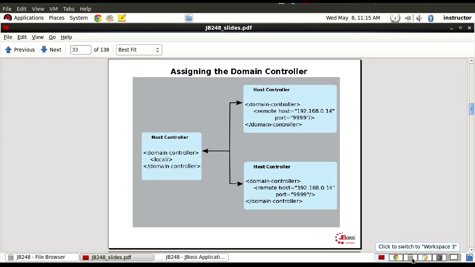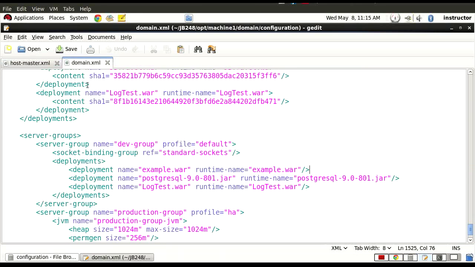Now the domain XML file pretty much will contain all the necessary information, like for example